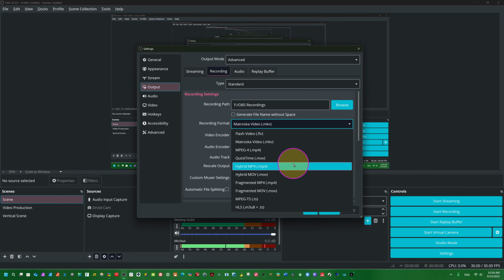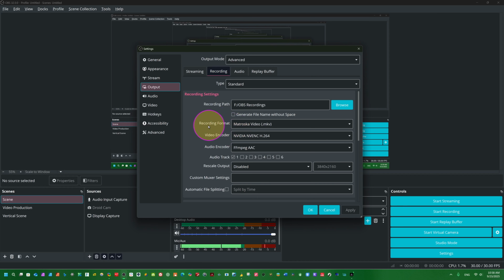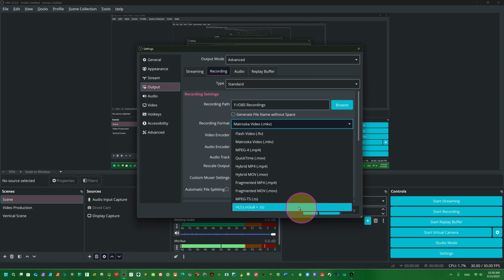If you record video in regular MP4 and by chance electricity is cut off, you lose the connection, or your computer is switched off, you will lose the whole video. So hybrid MP4 is good, it's just like MOV. We also have hybrid MOV. If you want to use this format, hybrid MOV, just click here. This was in beta, but after this update, this is our regular default setting. Anytime you can come here to the recording format and change it from here.